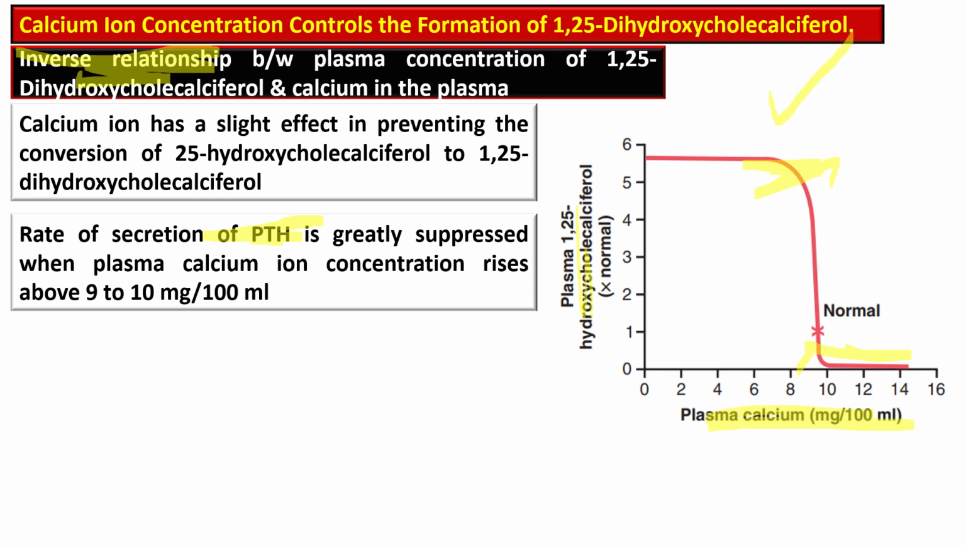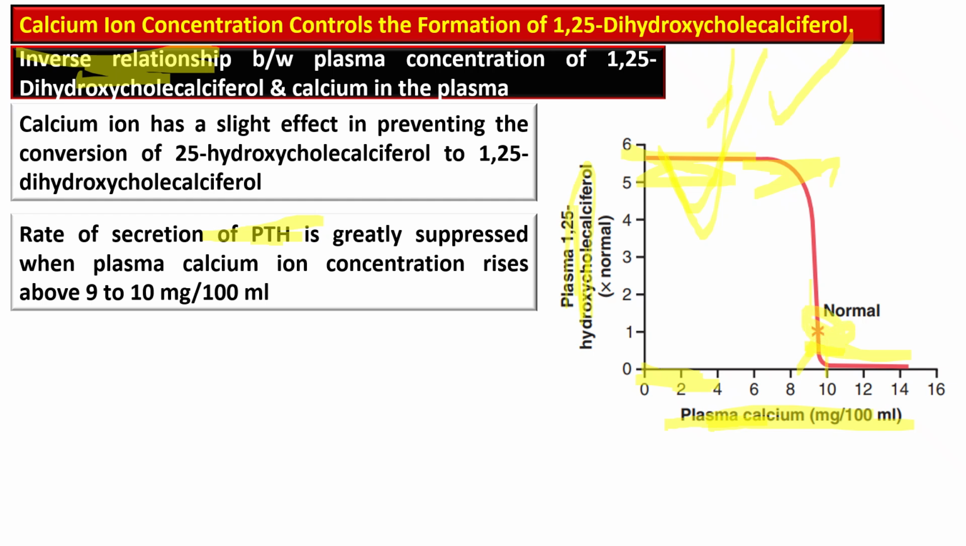On the x-axis there is plasma calcium concentration in milligram per 100 ml, and on the y-axis 1,25-dihydroxycholecalciferol is given as a multiple of normal. At low calcium level, over here on the left side of the graph, the plasma 1,25-dihydroxycholecalciferol is high, up to 5 to 6 times the normal. This reflects the body's attempt to increase calcium absorption from the gut and mobilize calcium from the bone. As calcium approaches normal